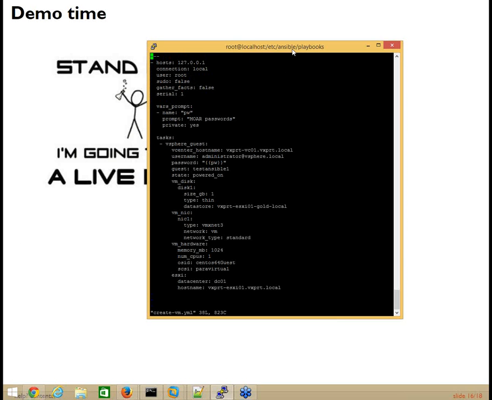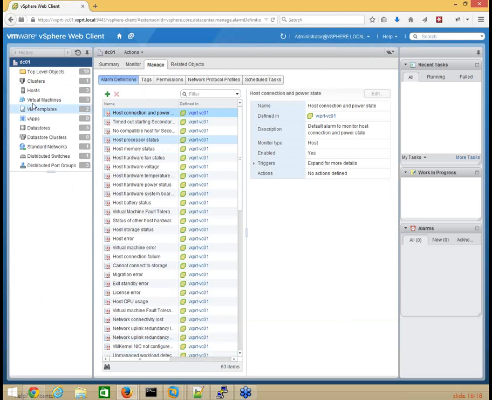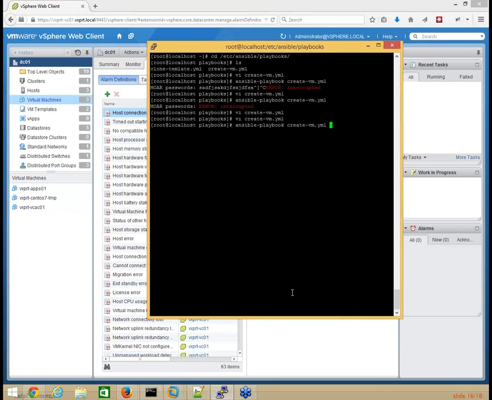As you can see, I've given the guest name test Ansible 1. And if I can find vCenter, no magic, folks, no hidden doors, anything like that, you can see I have no virtual machine in here called test Ansible 1. So if I run this playbook now,